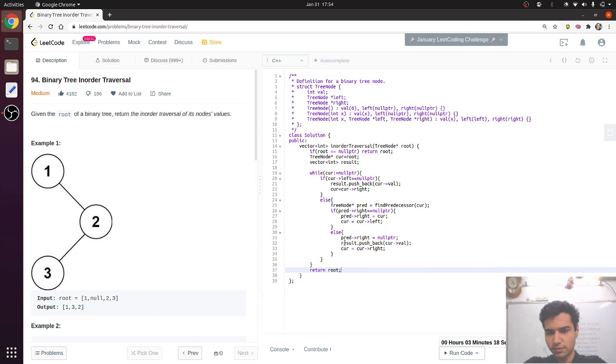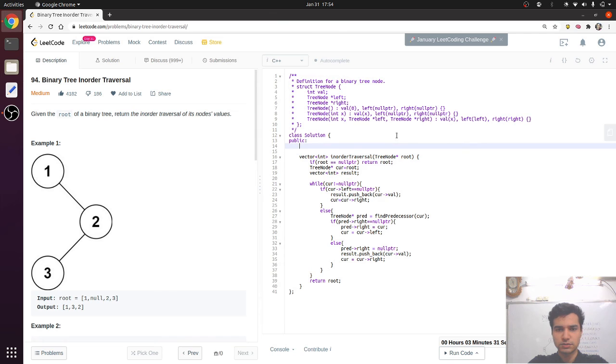Because when we have already found that predecessor, the left subtree has been visited, so the left half and the current node has been processed. Now we need to go right.